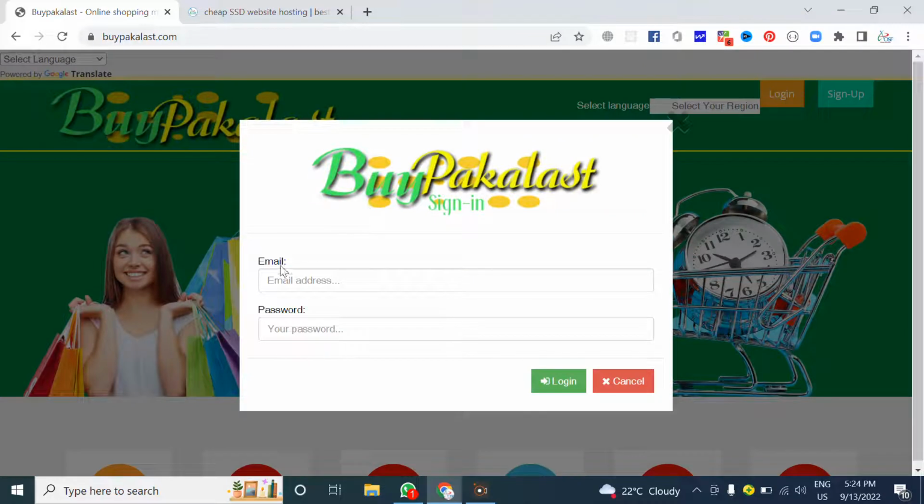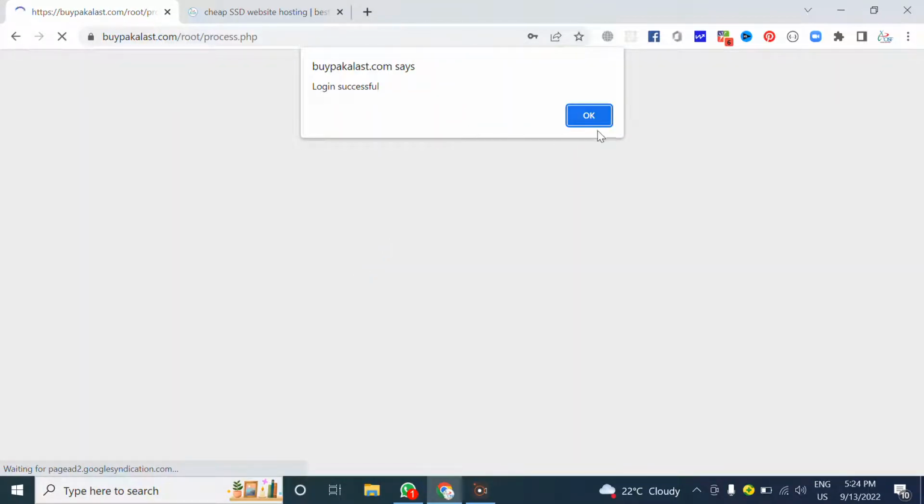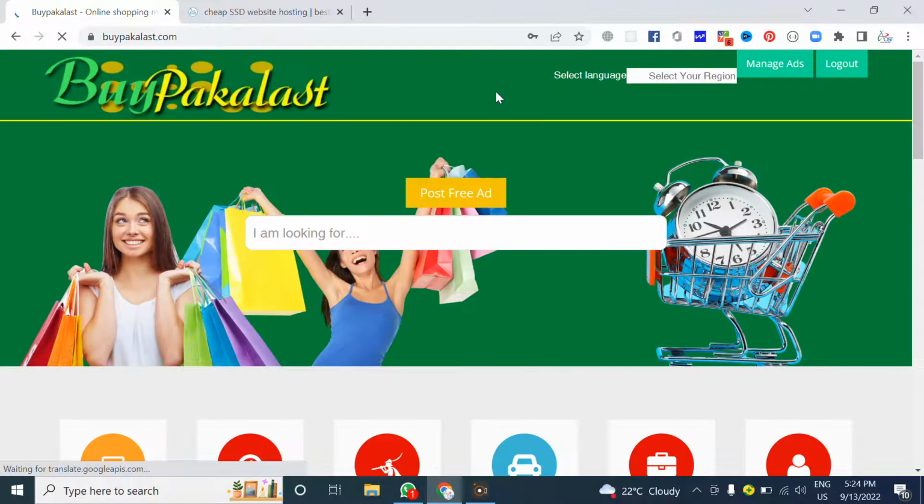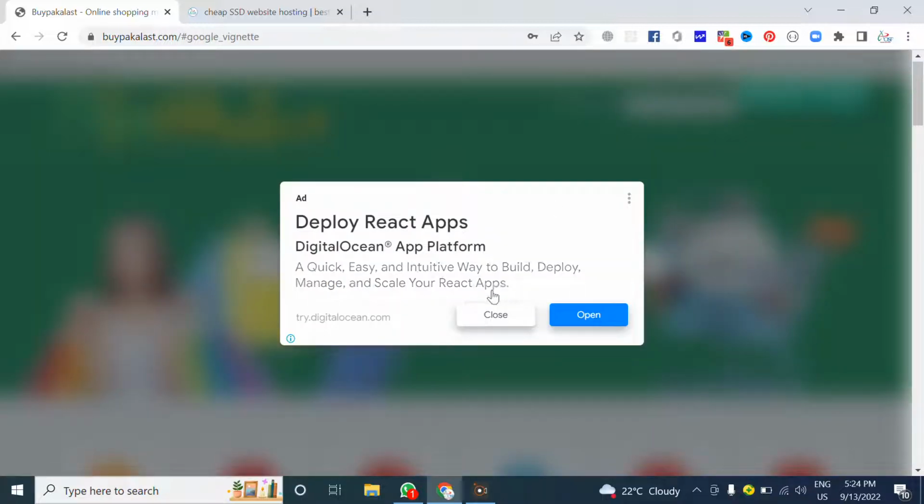Then there's the login. If I have my account and I log in, and everything is okay, you can see it directs me to manage my ads, which takes you to the dashboard, and there is a simple logout. Managing ads gives us a chance to